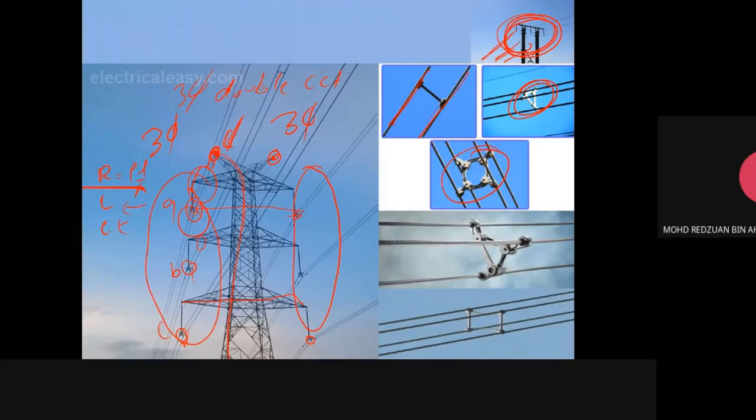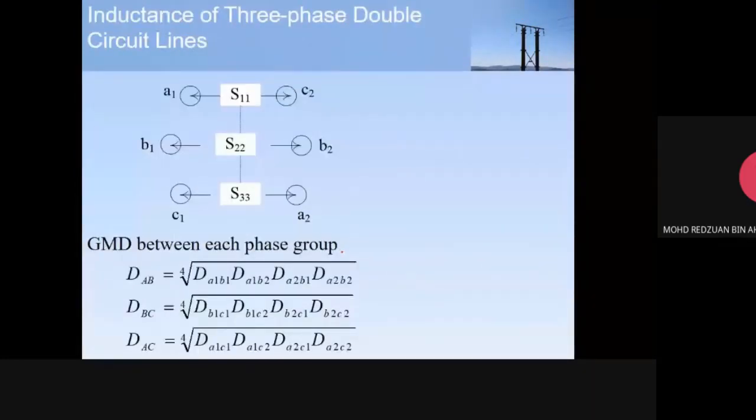Some of the transmission lines, we use quadruple. So we use 4 combinations of transmission line. That means for phase A, they have four wires. It's not double circuit, but quadruple. So for this double circuit, we have a single three phase on the left and another three phase on the right. Usually we arrange the transmission line in this configuration: A1, B1, C1, and then starting at the bottom, A2, B2, and C2. This is a three-phase transmission line.